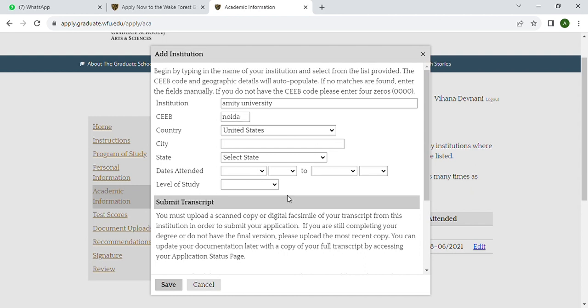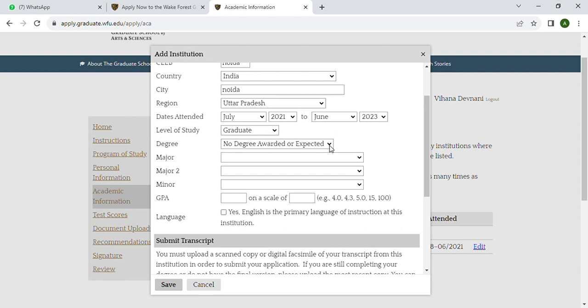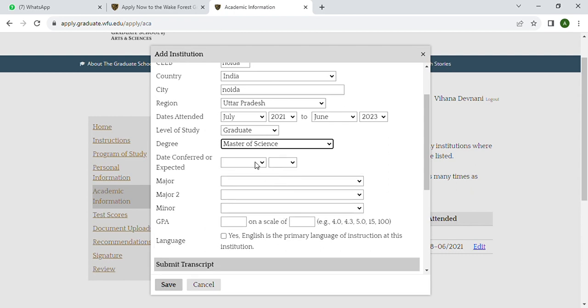country of university, city, region, the dates you have attended, then the level of study for which you are filling this, and then if the degree awarded or not, if you are expecting a degree, then the date expected for the degree,